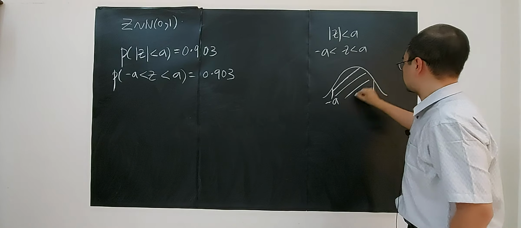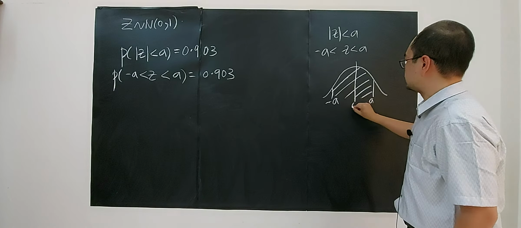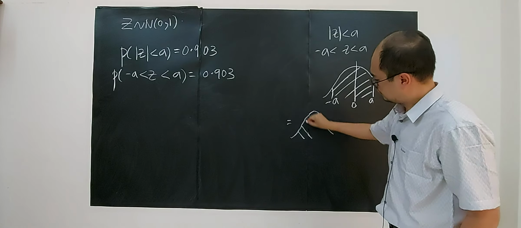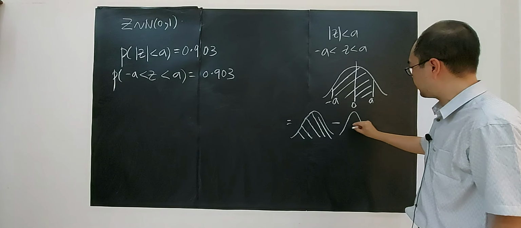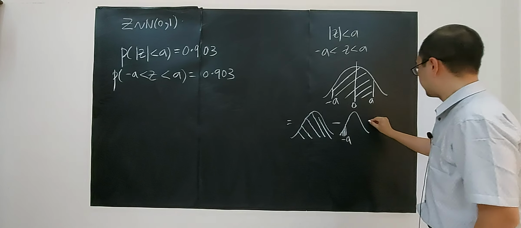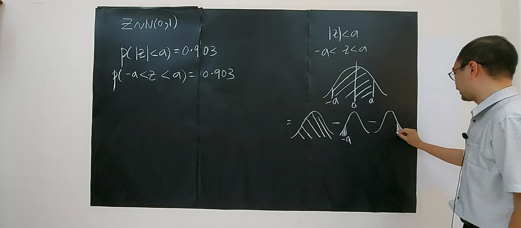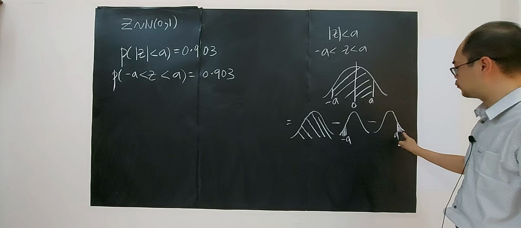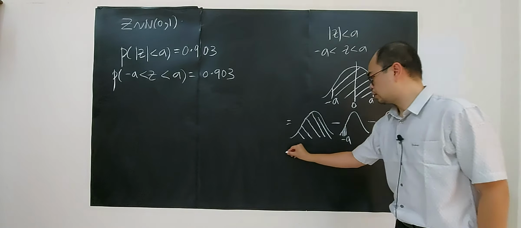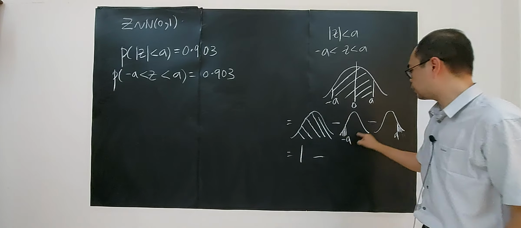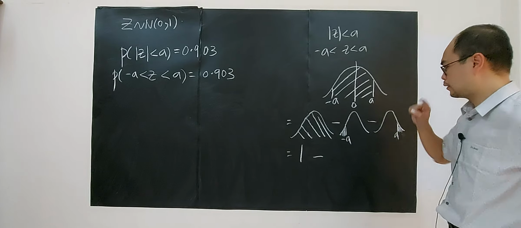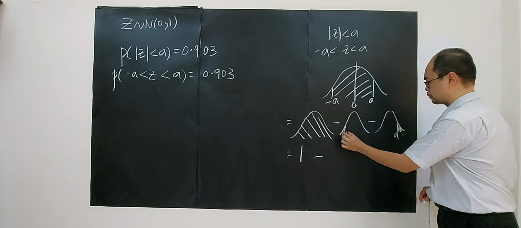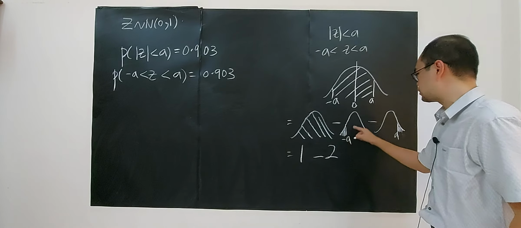So this is the region here, and out here will be 0. This is the same as taking a big area minus a small part on the left and minus the small part on the right. Definitely, if you want to use the statistical table, you have to convert to this form. Our format for the statistical table in matriculation is this form. So this is 1 minus this one and this one, which have the same value. They are symmetrical: negative A and A have the same value, just one positive and one negative. So the area here should be the same, so it's the same as 2 times this one.